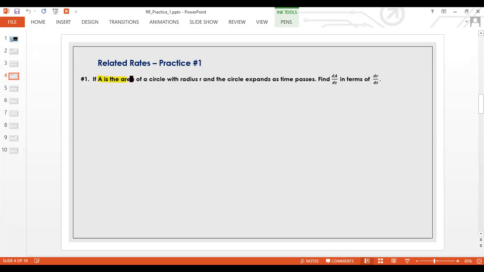We want A, the area, and the radius is r. We learned this when we were pretty young: the area is pi r squared, right? The area and the radius are going to change as time passes. So in order to find the relations, I would say, take the derivative